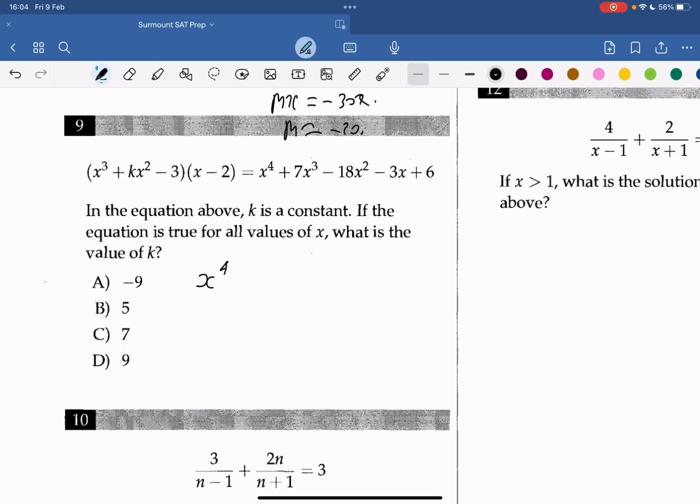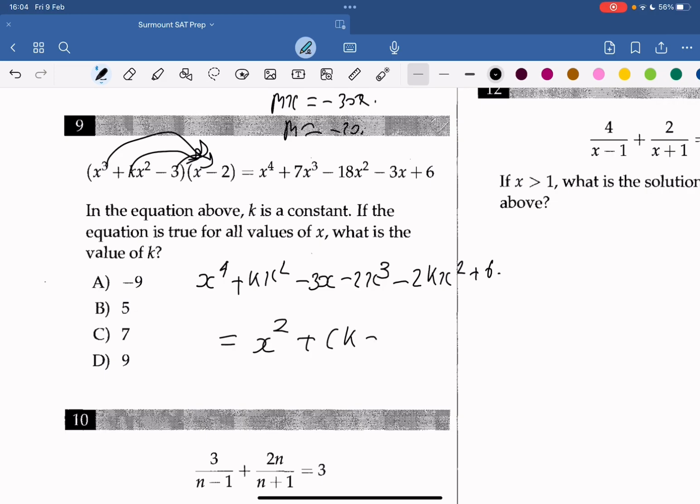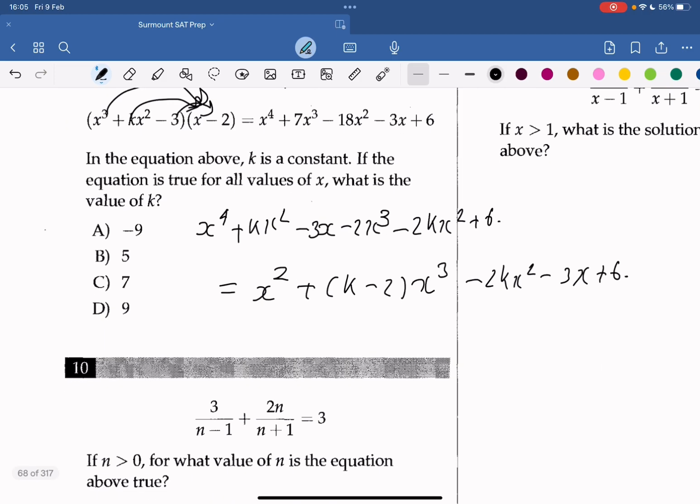x to the power 4 plus kx squared, because we're foiling, negative 3x minus 2x to the power of 3, negative 2kx squared plus 6. And we can further rewrite this as x to the power 4 plus (k minus 2)x cubed minus 2kx squared minus 3x plus 6. And if we compare this to the equation on here, and they both are equal, we can see that